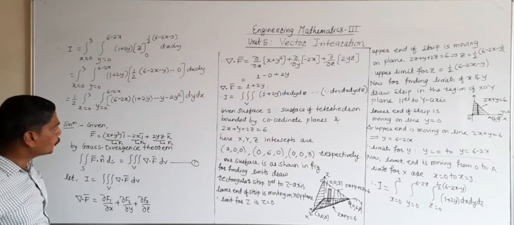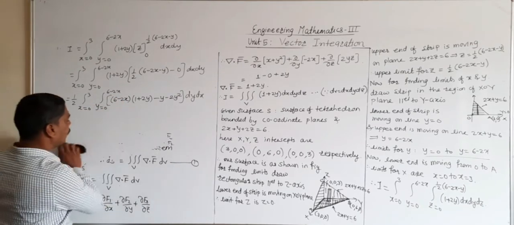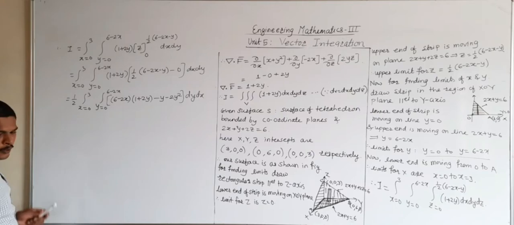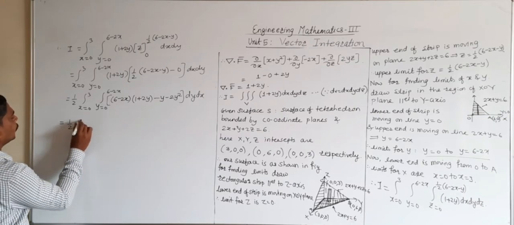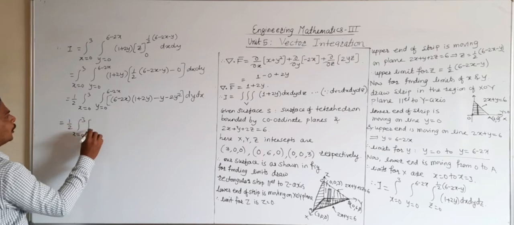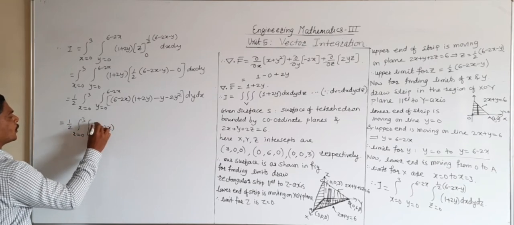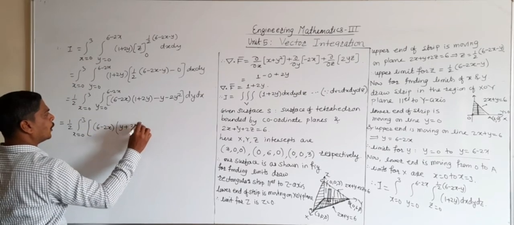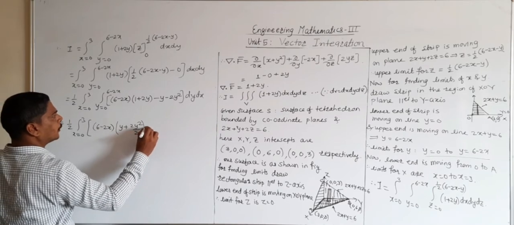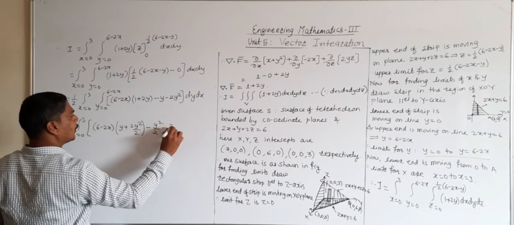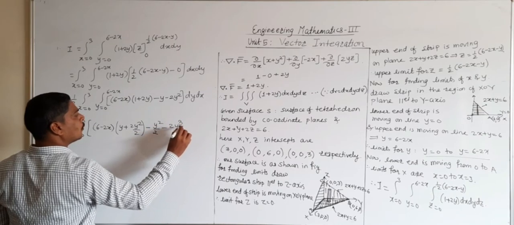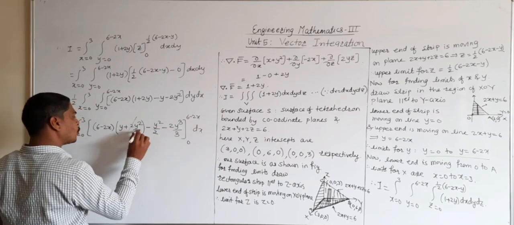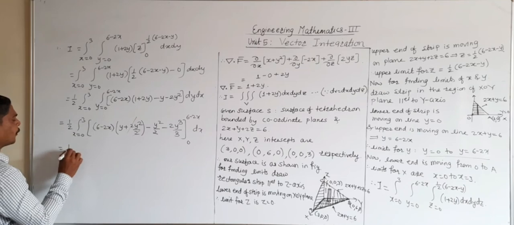And now integrate this function first with respect to y, because the limit of y contains variable x. Okay, so integrating with respect to y, we get 1 upon 2 integration x is equal to 0 to 3 into bracket 6 minus 2x constant as it is into integration of 1 is y plus 2 integration of y is y square upon 2, bracket complete, then minus the integration of y is y square upon 2 minus 2 as it is, the integration of y square is y cube upon 3, limit from 0 to 6 minus 2x dx. So this 2 will get cancelled, and now replace the limit in the remaining function.